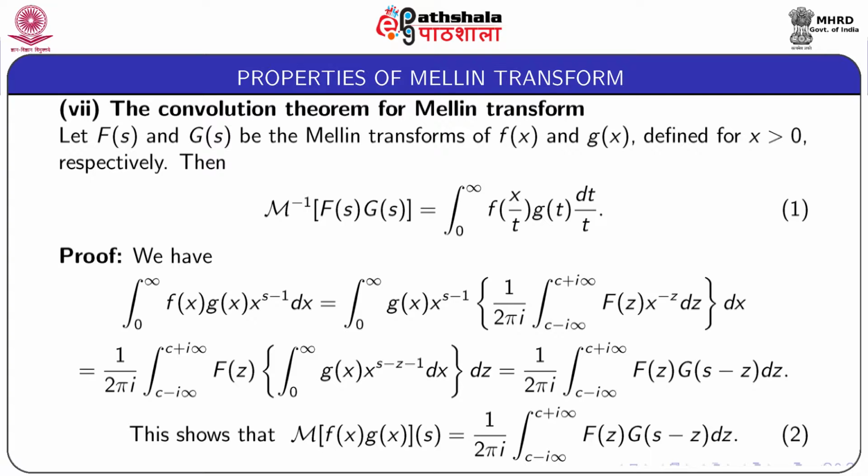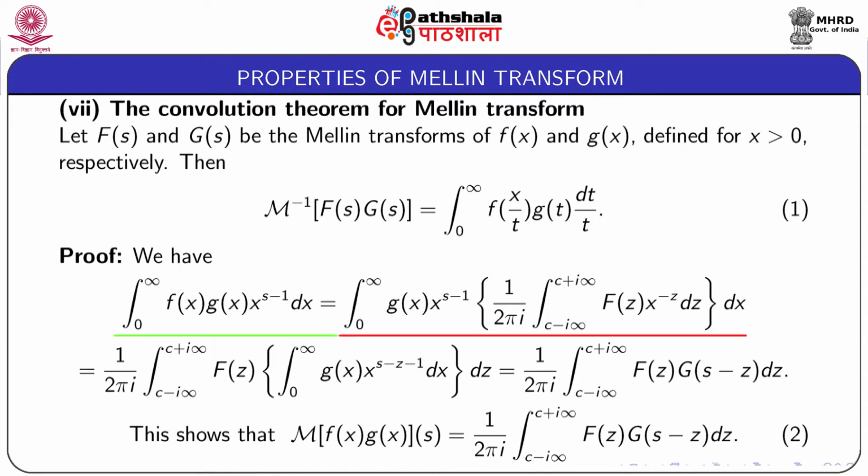Then the inverse Mellin transform of F(s) G(s) is equal to the integral from 0 to infinity of f(x/t) g(t) dt/t, as given in equation 1. This is the convolution theorem for the Mellin transform. For proof, we write the integral from 0 to infinity of f(x) g(x) x^(s-1) dx. This is equal to,